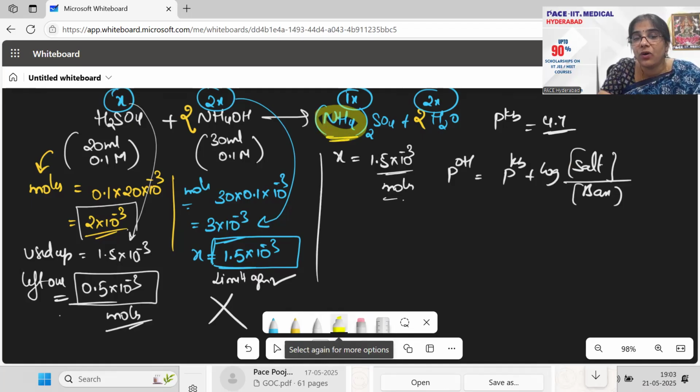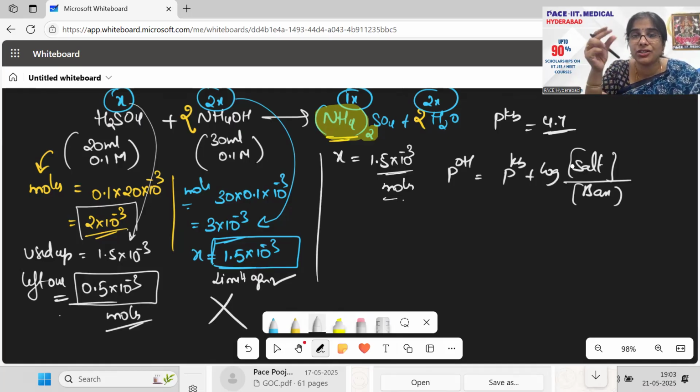अमोनियम आयन के बारे में बात कर रहे हैं, which is your weaker ion. वीकर आयन के बारे में ही बात करेंगे हम, स्ट्रॉन्ग आयन नहीं. 1x is equal to 1 molecule के लिए. Remember this, be very clear on this, attention here. Okay, so ammonia molecules, ammonium ions, you have two ions for one molecule getting released. If I say it is 1 molar के लिए 2 ions release हो रहे हैं, 10 molar के लिए 20 ions release हो रहे हैं, 100 molar के लिए 200 ions release हो रहा है.